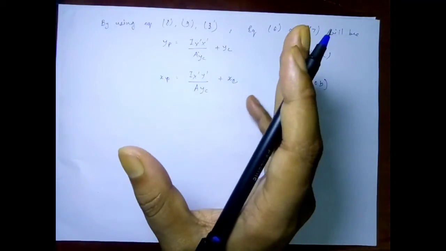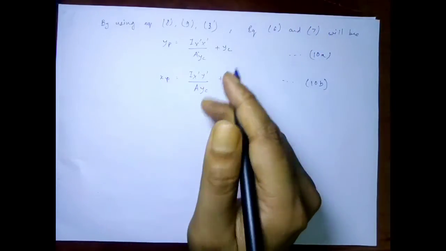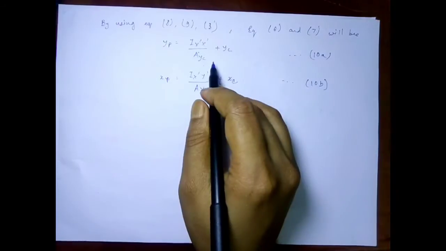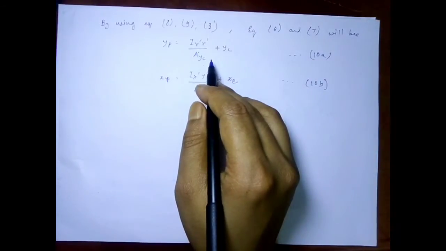So you cannot just determine exactly where it is. This is the only way you can determine. And when the plane area is symmetric about the y dash, I x dash y dash is equal to 0. So in the notes I have also given the diagram for this. You can just go through this.